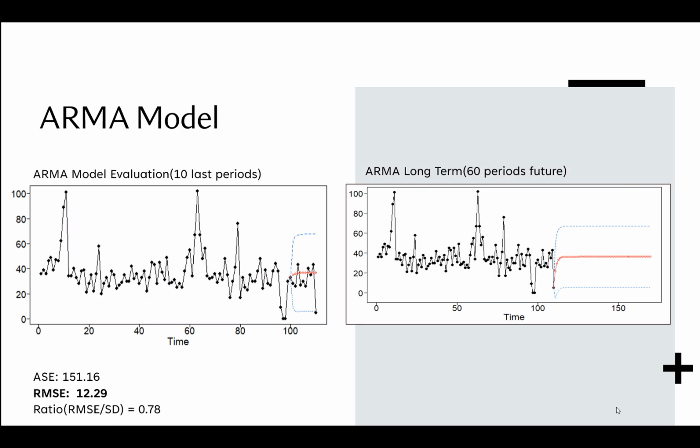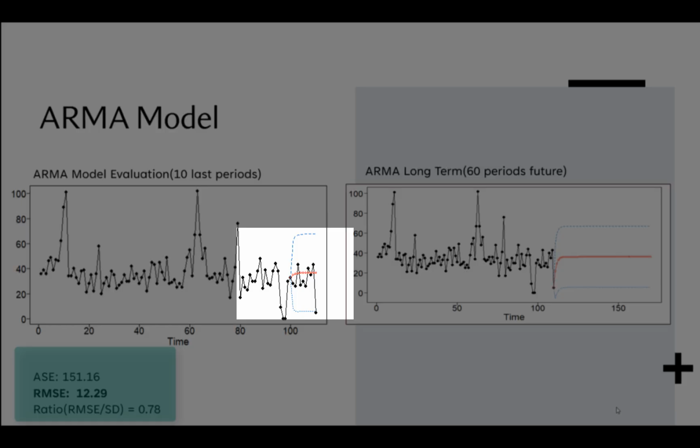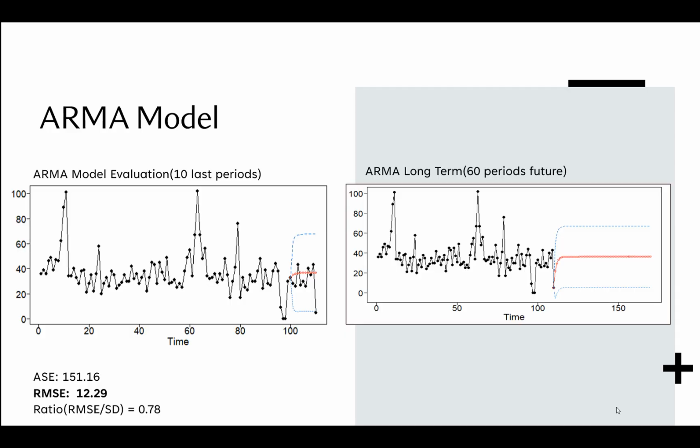The ARMA model shows a decent performance. However, the prediction intervals are relatively wide, which reflects the high variability in the data. For this reason, the model should only be used cautiously for short-term forecasting and mainly under scenarios where no major factors such as promotions or special events are activated.